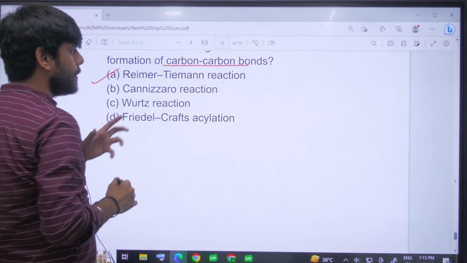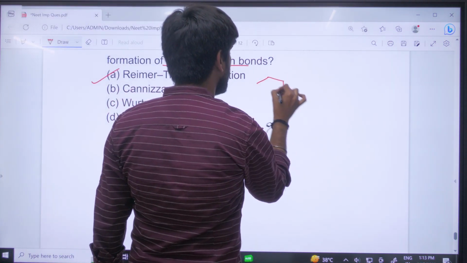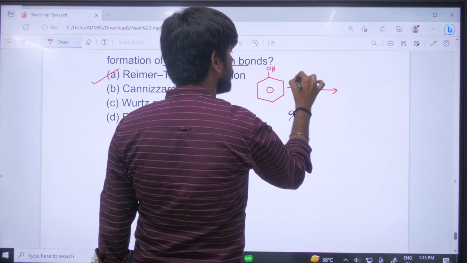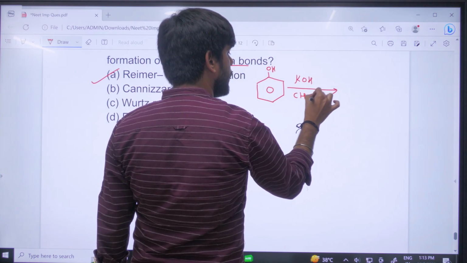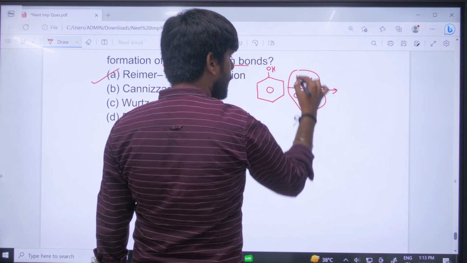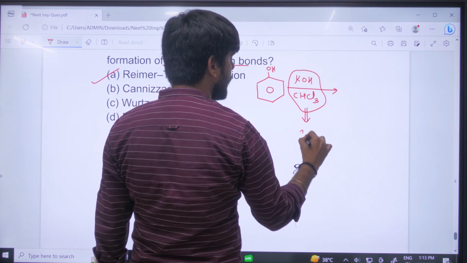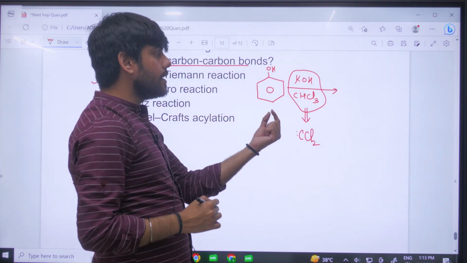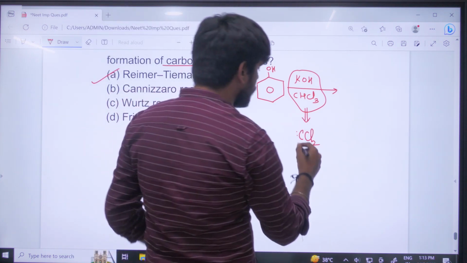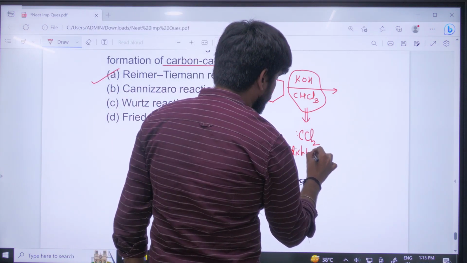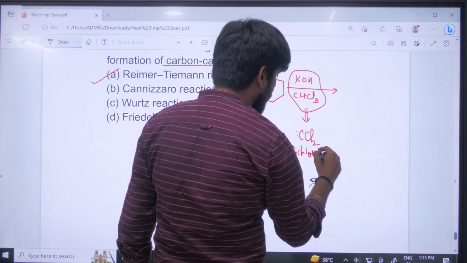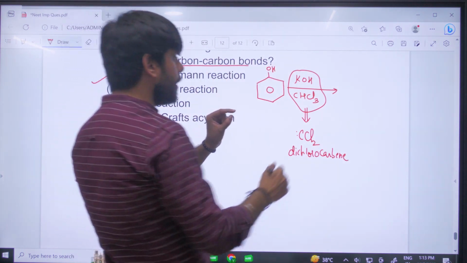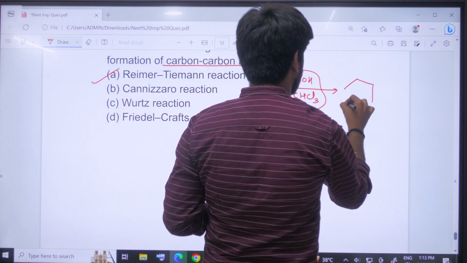Number 1 is Reimer-Tiemann reaction. You know, this is the reaction of phenol. I have phenol in the presence of a strong base, say KOH and CHCl3. This combination results in the formation of the electrophile, and this electrophile is dichlorocarbene. Please note that this question has been asked many times. This is frequently being asked in the exam. So this is your dichlorocarbene. So this is the electrophile over here, and the end product is